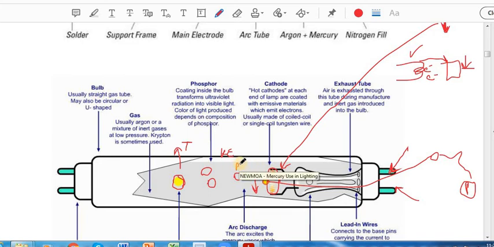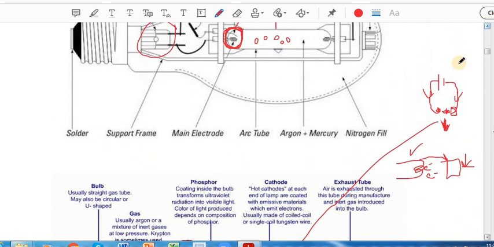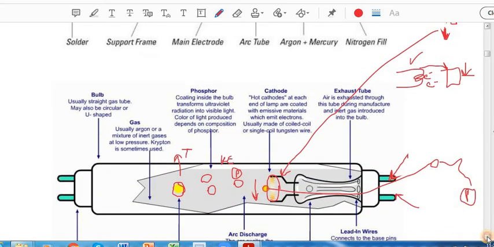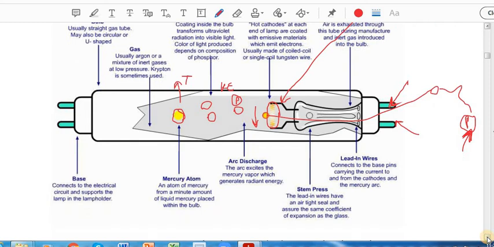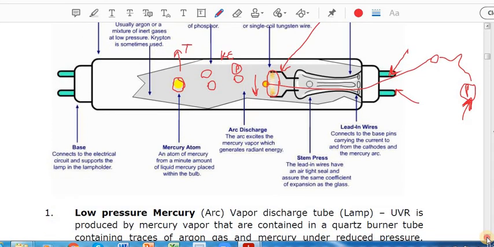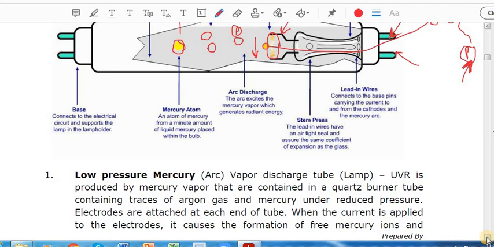So in these three parts, the electrical energy that you give by these electrodes that I have schematically drawn here is converted. So our efficiency depends upon that the maximum conversion should be a photon, because we do not want heat. Rather heat we are going to cool later. जो मैंने बताया आपको पानी से ठंडा करना पड़ता है लैम्प. So the efficient lamp should give maximum photonic emission and a controlled amount of heat and controlled amount of other things. So that is the basic physics behind production, or the principle behind production of ultraviolet radiations.